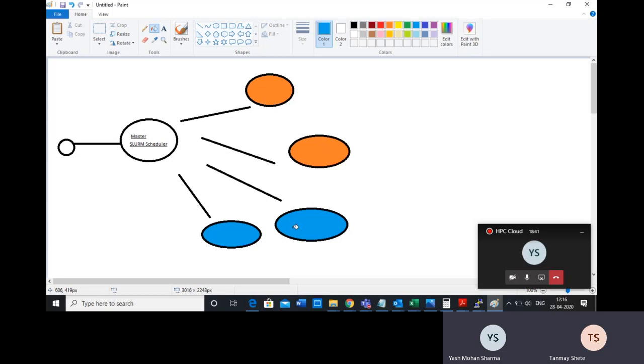Once you tell the scheduler that you need an X type of machine, then it will only select one of these. Suppose I want an orange type of machine, then it will select only one of these. If you say I need a blue type of machine, then it will select any one of these.